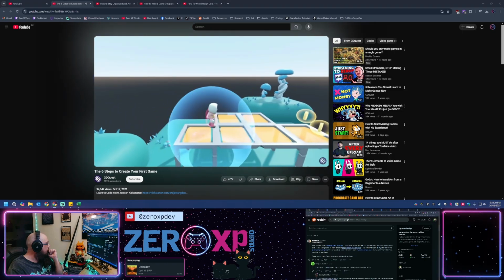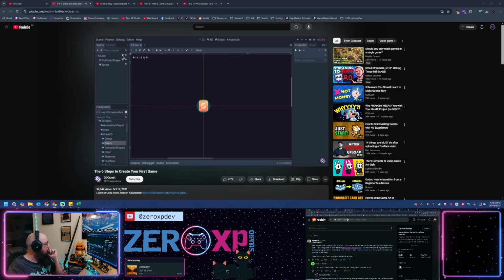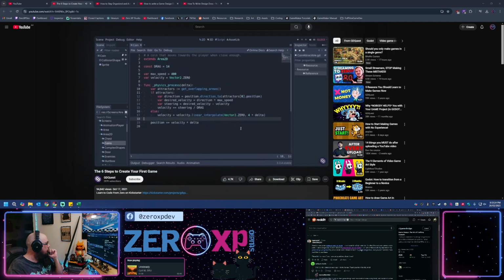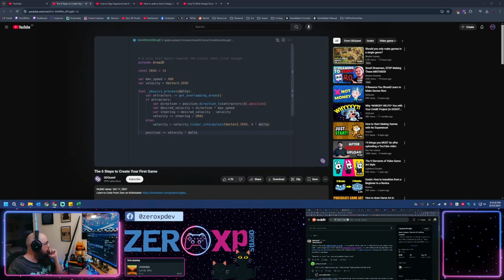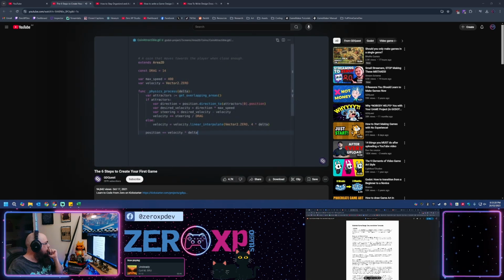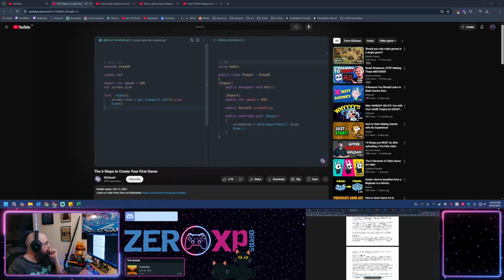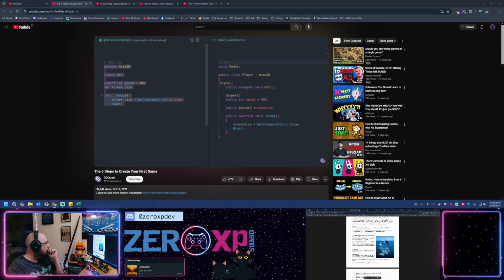Unlike other engines like Unity, it comes with an accessible programming language made for game developers called GDScript. Using GDScript leads to writing shorter code than other languages, making it a bit easier and faster to learn.